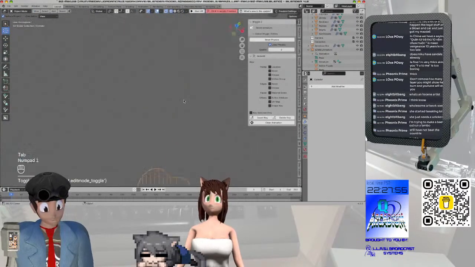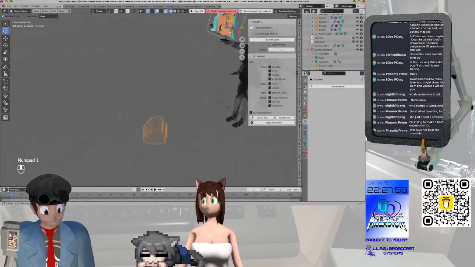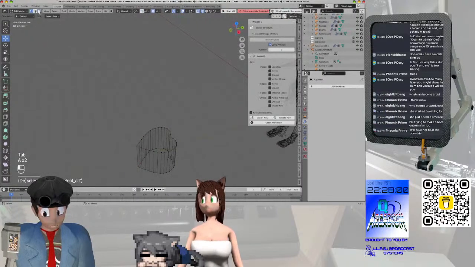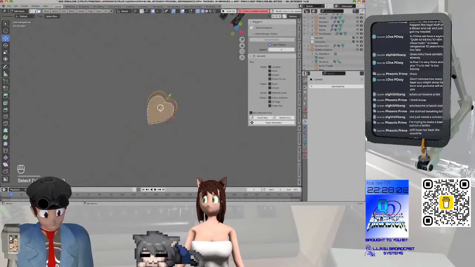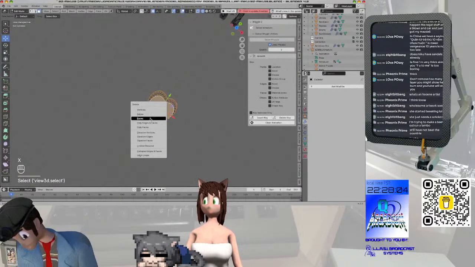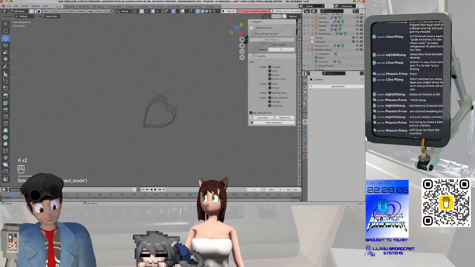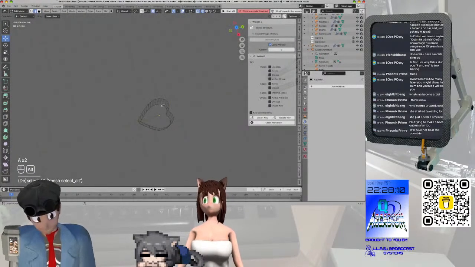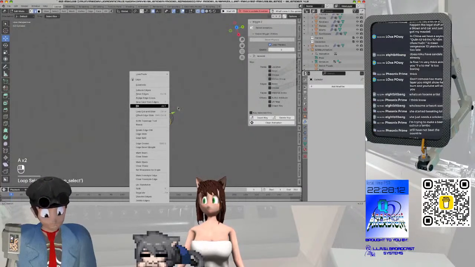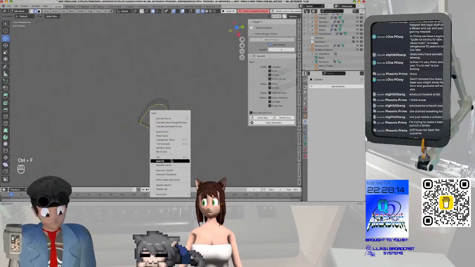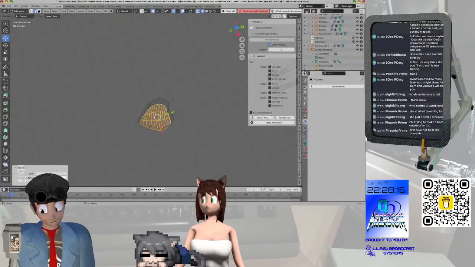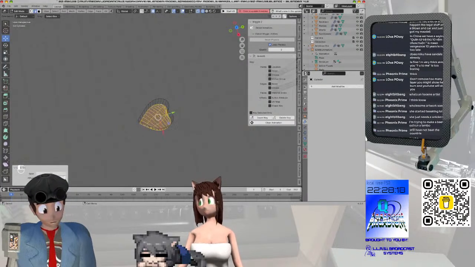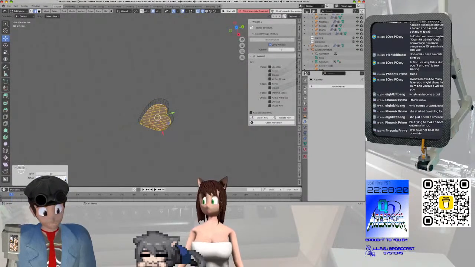That's actually kind of cute. Wow, that is actually the easiest heart I've ever made. I always do it the dumbest way by taking a bunch of cylinders and blending them into cubes. It's not worth it. Control F, grid fill, and I will offset it to